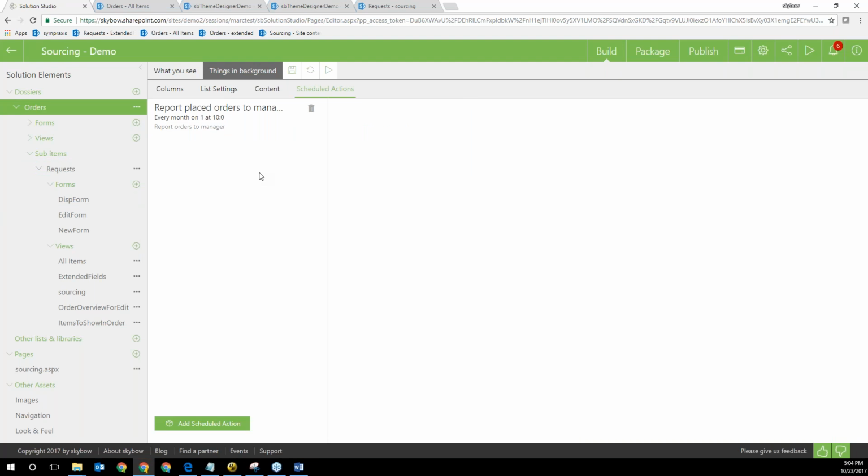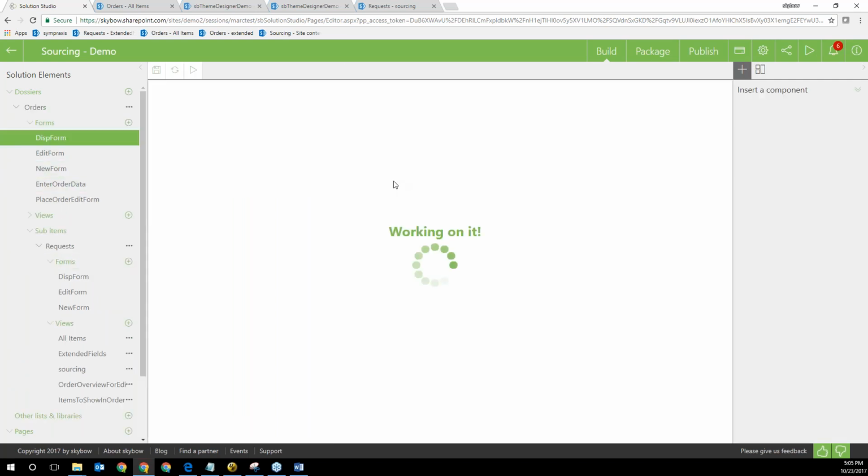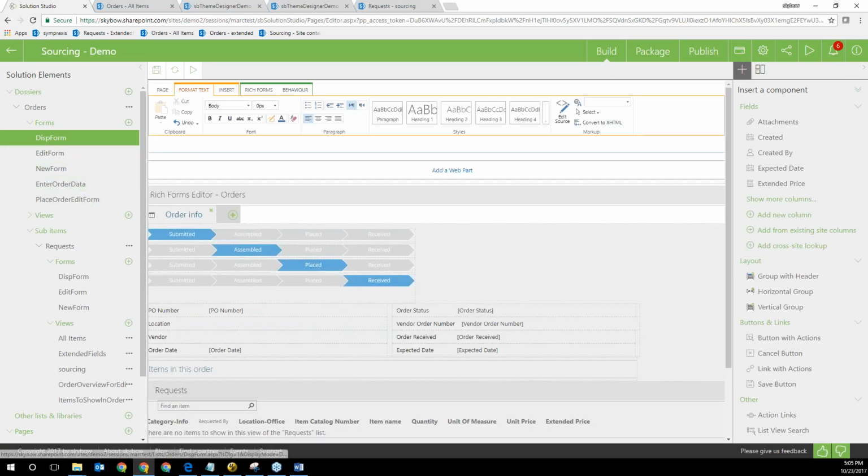Professional developers can also use this very easily, so they don't have to paint their forms from scratch. I used the display form here in the orders view. As you can see, I can have as many forms as I want in the old SharePoint Designer. I can add new forms or do whatever I want.